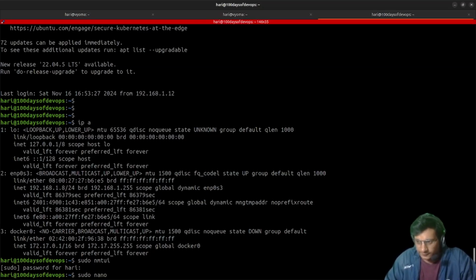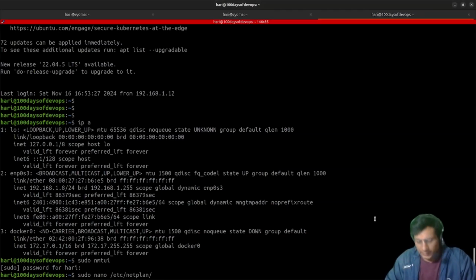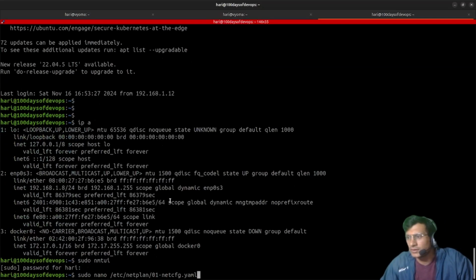sudo nano /etc/netplan. And there is one file that we need to create over here. What is the version over here for DHCP? Sorry. Yeah, netplan, and then we have 01, we have 00. Okay, netcfg.yml. Okay, a yml file that we have to create. Earlier we have seen it like